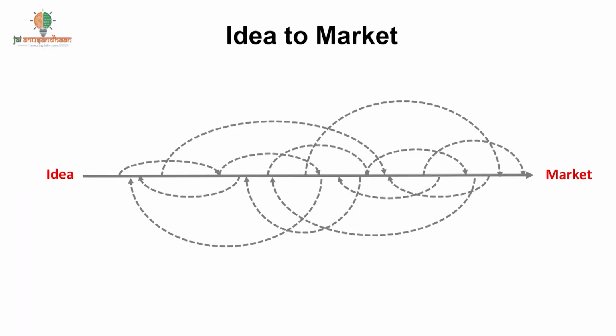We assume that this journey from idea to market is a very linear process. No. The process is highly non-linear. You do a lot of back and forth before you succeed. In other words, each of the cases of going back is a failure, and the best aspect in innovation is that you have to mandatorily fail, but fail fast. The faster you fail, the faster you are moving towards the market.